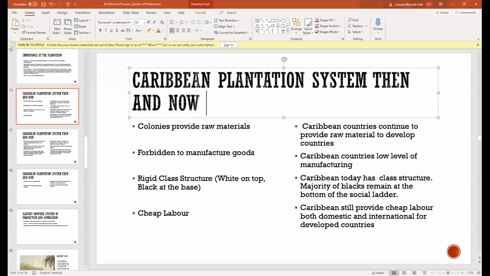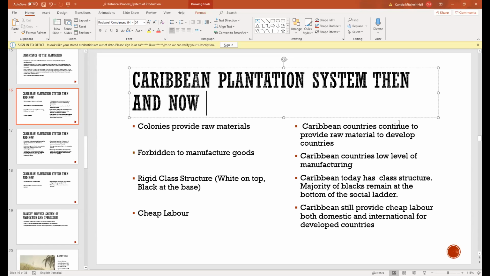Well, it's more progressive now, but there are still features of the plantation society that still exist in the contemporary Caribbean, like the fact that we still produce raw material and export it to European nations. And I think George Beckford, the sociologist, talks a lot about it in his plantation system theory. Yes, and you are correct. So, anyone else, any other comment on this?